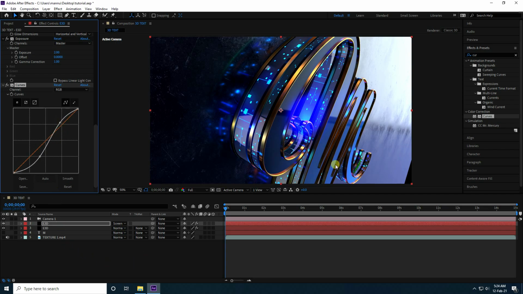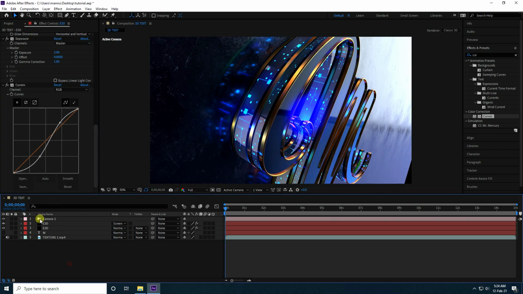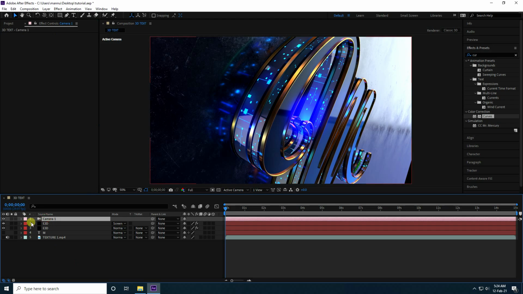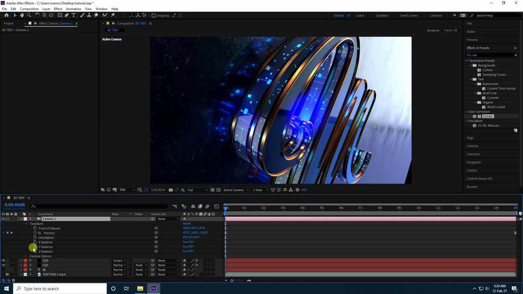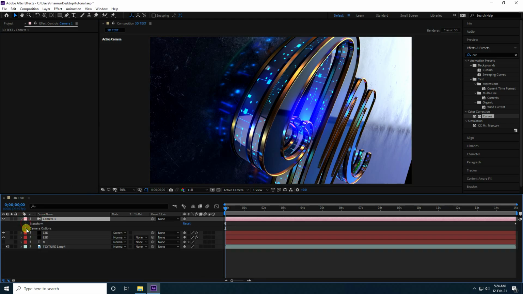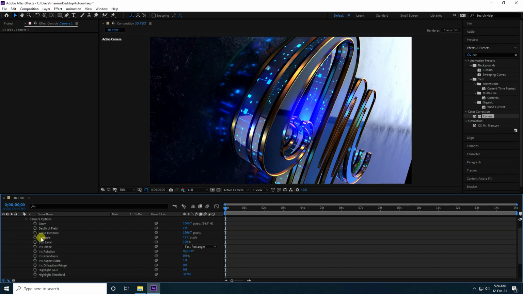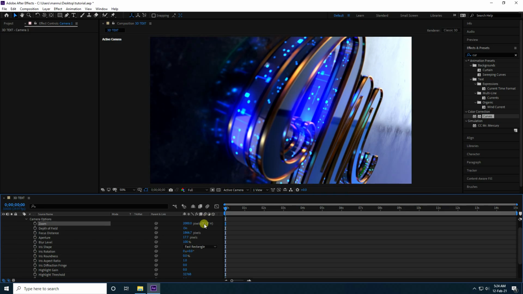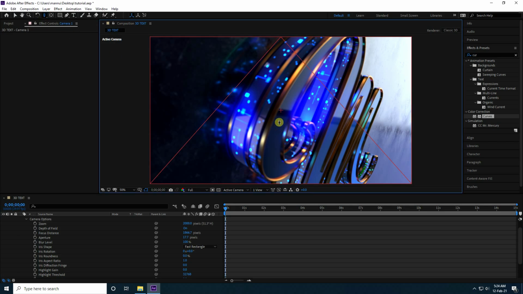right? See, okay, so now I select this camera and guys go to here, camera option, and depth of field, check on depth of field, and guys zoom like 2000 more and little bit closer on 0 frame.